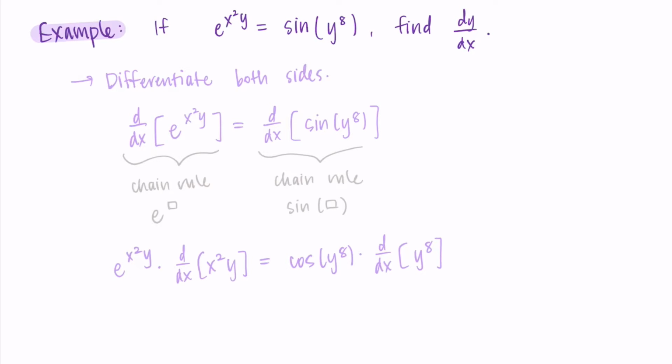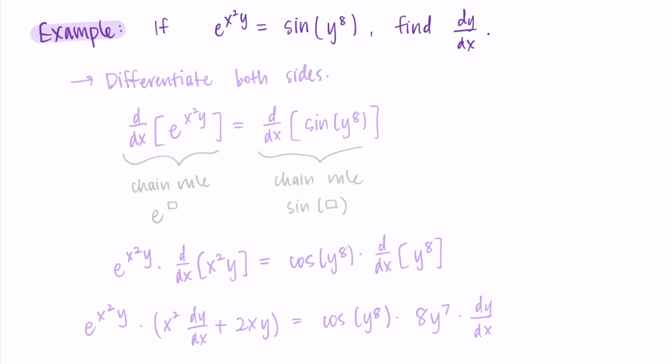On the left-hand side, the derivative of x squared times y is going to require a product rule. So I leave the x squared alone, multiply by the derivative of y. Then I add it to the derivative of x squared, that's 2x, times y. So that's the derivative with the product rule there. And on the right-hand side, I need the derivative with respect to x of y to the eighth. I do this normally, I just remember that I'm going to need to multiply by dy/dx in order to account for the chain rule with y. So the 8 comes in front, the exponent decreases to 7, and then I multiply by dy/dx.